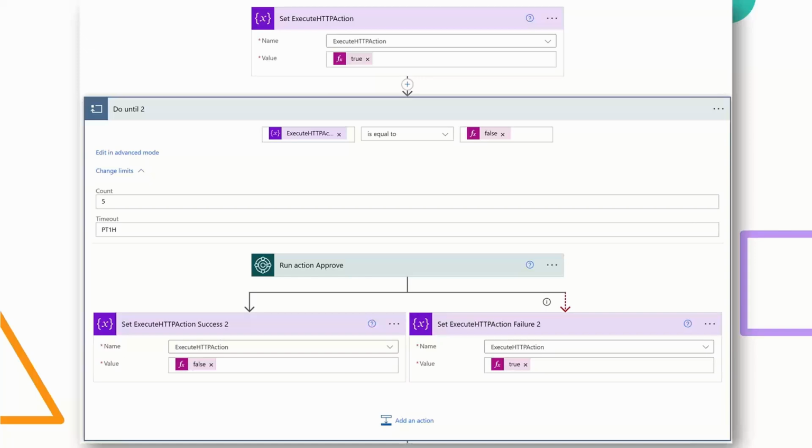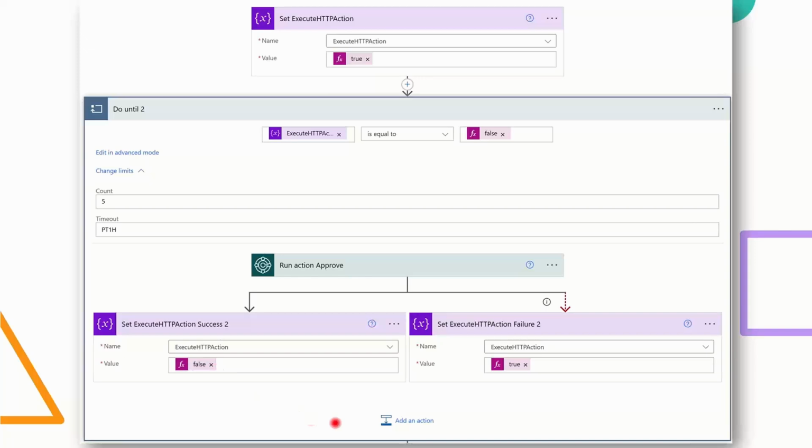So what happens here is I'm doing a do until. I have a variable execute action that I define here with true, and I do it until that execute action is false. So first time it comes in, it's still true, so it runs the action approve. Now when it is successful, I set that execute action to false, so it doesn't do it another time.